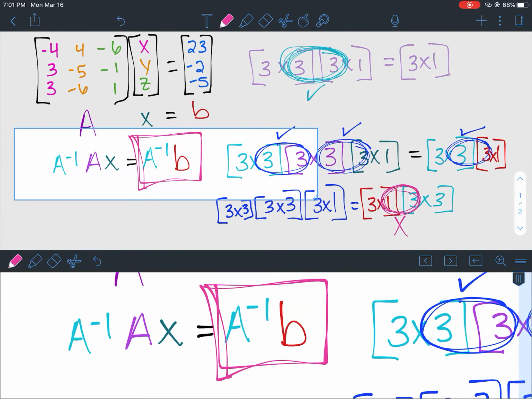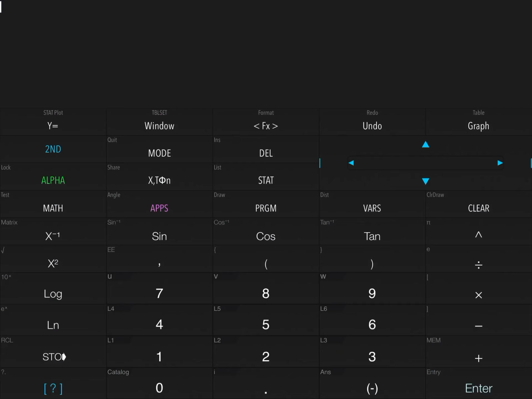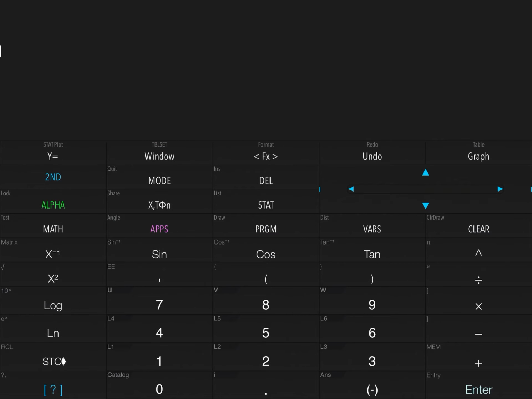So this is that key part that I wanted to make everyone aware of. When you go back and multiply your things together, it needs to be your inverse matrix times that answer matrix. Inverse has to come first always. So I'm going to go into my online calculator here, and I'm just going to redo these matrices for you